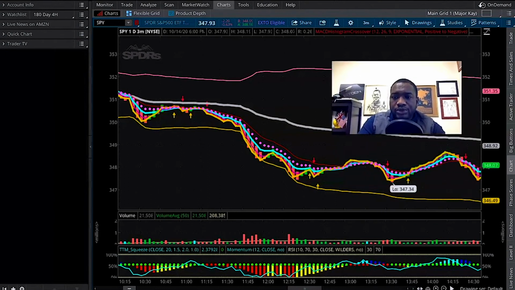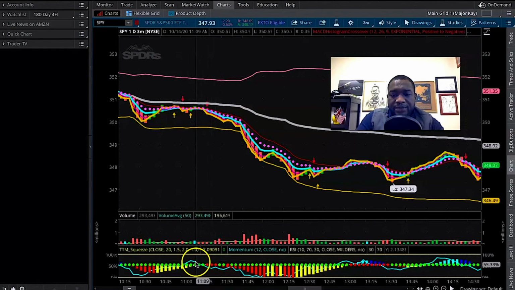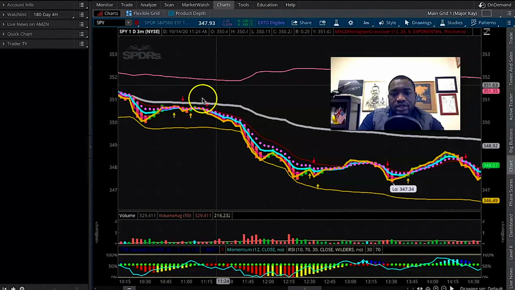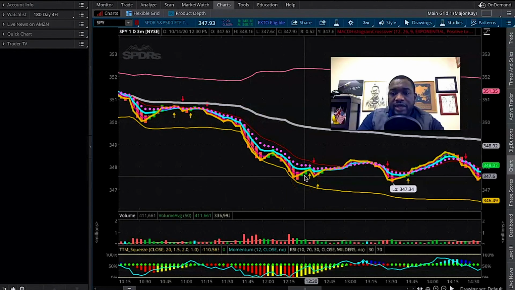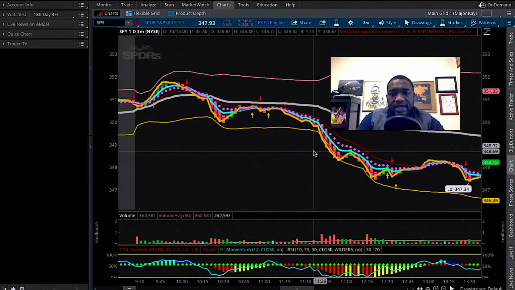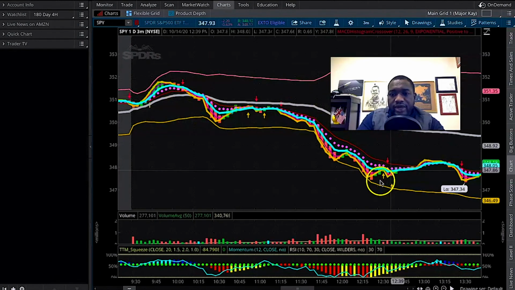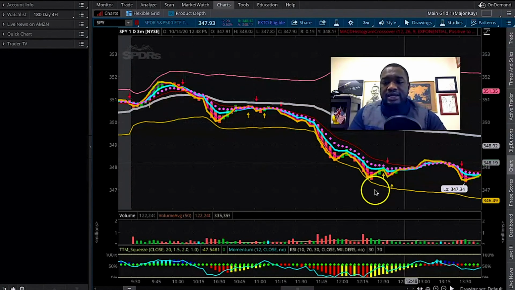As you can see here, the histogram crossover showed, and at the same time we look at the TT squeeze here. Right at the bottom, the momentum is going down, and then it was just a no-brainer to trade this and take this all the way down. So that's what I did. I basically traded this area from here all the way to this area right here. That's what I traded today, and that's how I made